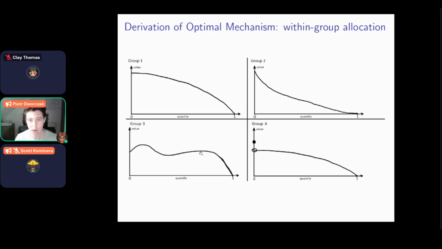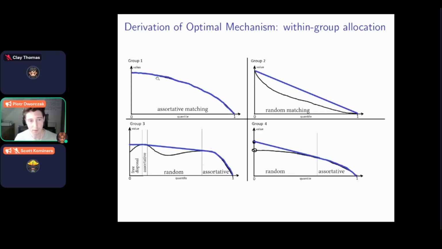What we're going to do is we're going to concavify these functions. Okay, that's a very simple step. We know how to concavify. In fact, it's the decreasing concave closure, to be precise. And then we can read off the solution straight from this procedure. Whenever the concave closure agrees with the original function, that basically is when VIR is increasing, we're going to get assortative matching. In group 1, for example, we have assortative matching everywhere. Whenever the function lies below its concave closure, like in group 2 here, we're going to get random matching. Okay? And of course, what groups 3 and 4 illustrate is you can have kind of a hybrid case where